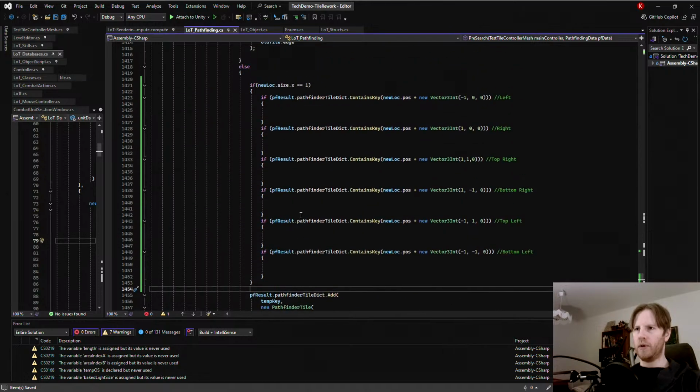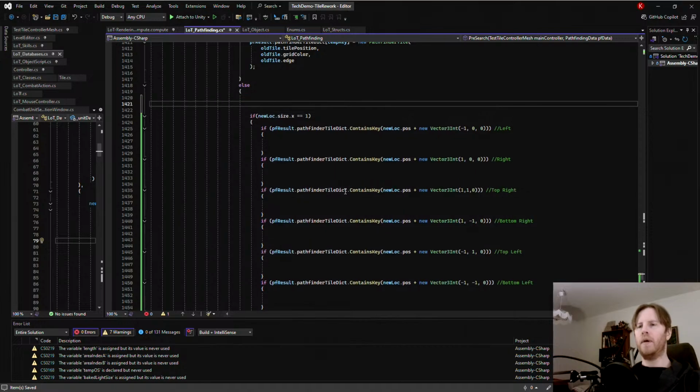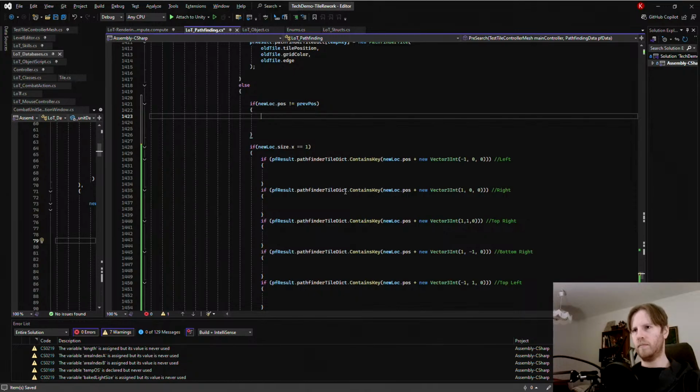And then all you have to do is say if new lock dot position equals pre-position, or it's not equal pre-position, then we have to say something like